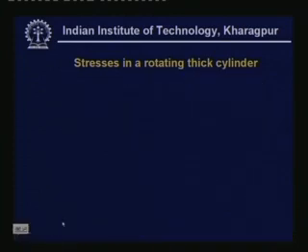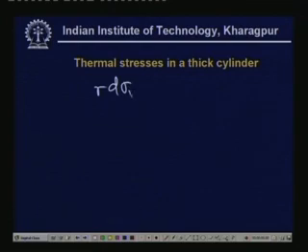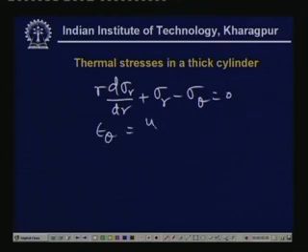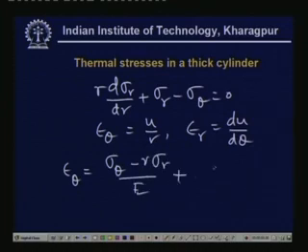Then we come to the last case, that is the thermal stresses in a thick cylinder, which I shall tell you briefly. The procedure is the same. First we write down this expression sigma r dr plus, this comes from the balance equations. Then we write down epsilon theta is u by r and epsilon r is du dr. But now you see the Hooke's law changes. Epsilon theta is sigma theta minus nu sigma r by E, but here we get alpha T,